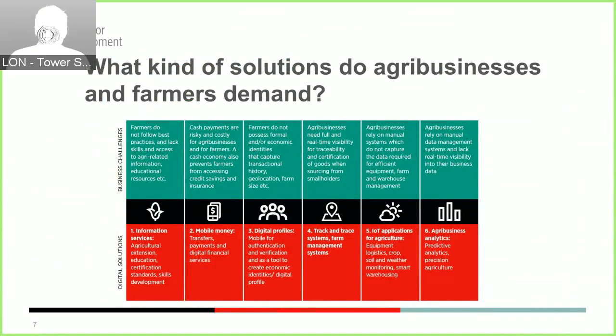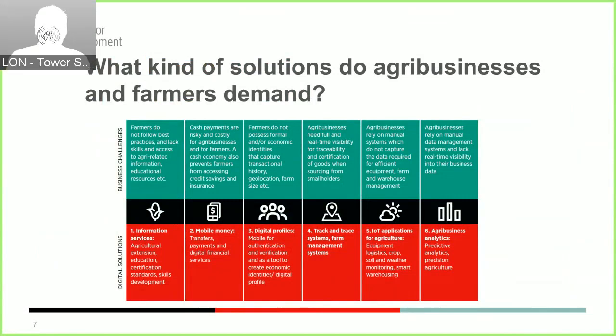For farmers working integrated in formal value chains, each of these solutions can address some specific business challenges that we have here represented in the green part of this table at the top. So starting from the left, from information services, this is the area where, as GSMA and mAgri, we have focused over the past few years with our work on agricultural value-added services. Farmers lack skills very often, and they lack access to agricultural information. And they also don't follow best practices.